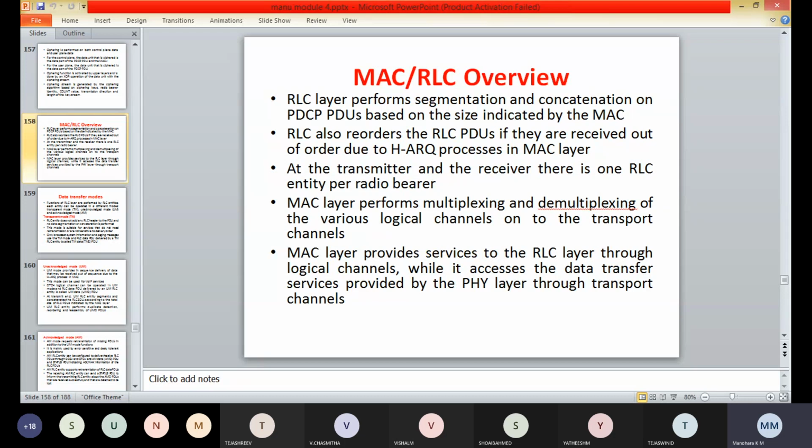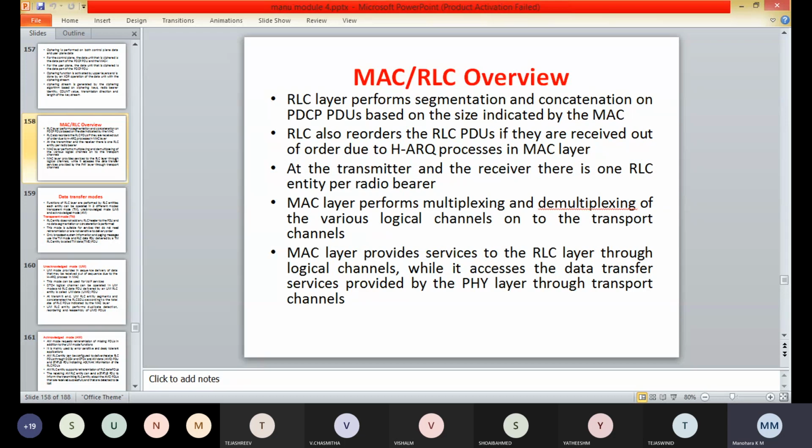Coming to the transparent mode, that is the TM mode, it is the simplest one. In the TM mode, the RLC entity does not add any RLC header to the PDU, and no data segmentation or concatenation is performed. The TM mode is suitable for services that do not need retransmission or are not sensitive to delivery order.